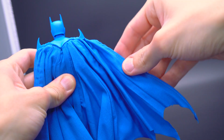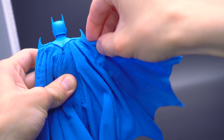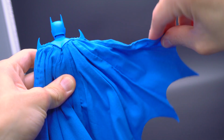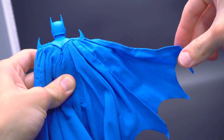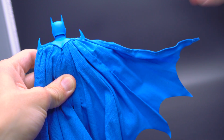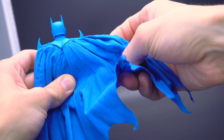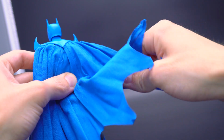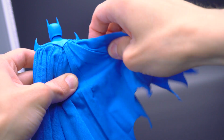You have, technically speaking, 4 wires, 2 on the outside rims of the capes themselves, and then 2 to kind of separate the cape into thirds, one right here and then one right here. So there's no middle one. Could have appreciated one right down and smack dab in the middle, but still you have 2 right here in between these sections right here that really complement not only the stitching, but also that very nightmarish, very gothic look